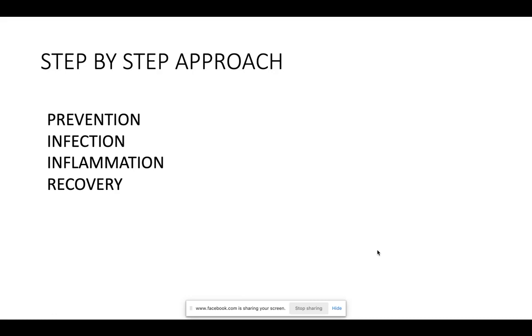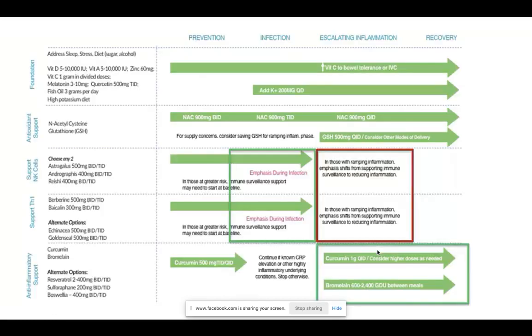Have we got an infection? Have we got ongoing inflammation? How can we help ourselves recover? Now, I have put this slide into a downloadable PDF because this was produced by a number of doctors in